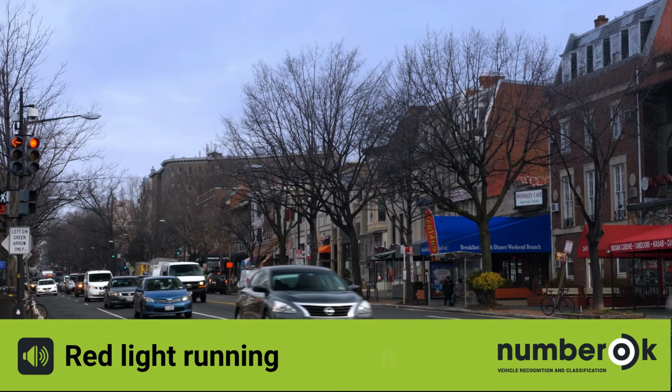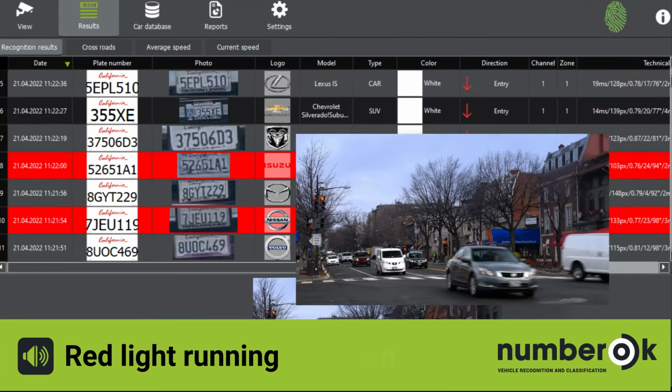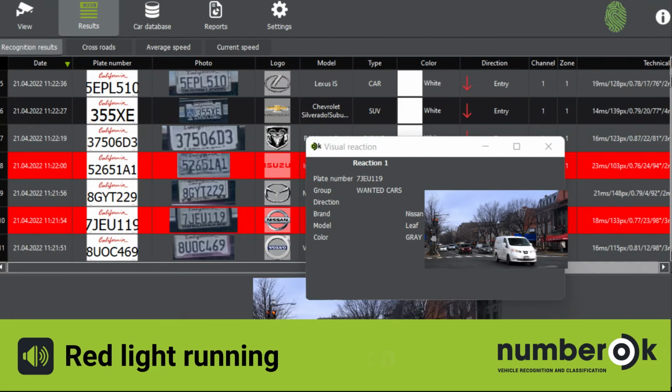Increase citizen security. Our system controls traffic on crossroads with installed traffic lights. NumberOk detects vehicles running red lights, identifies the offending car by plate number, and stores all the evidence of the